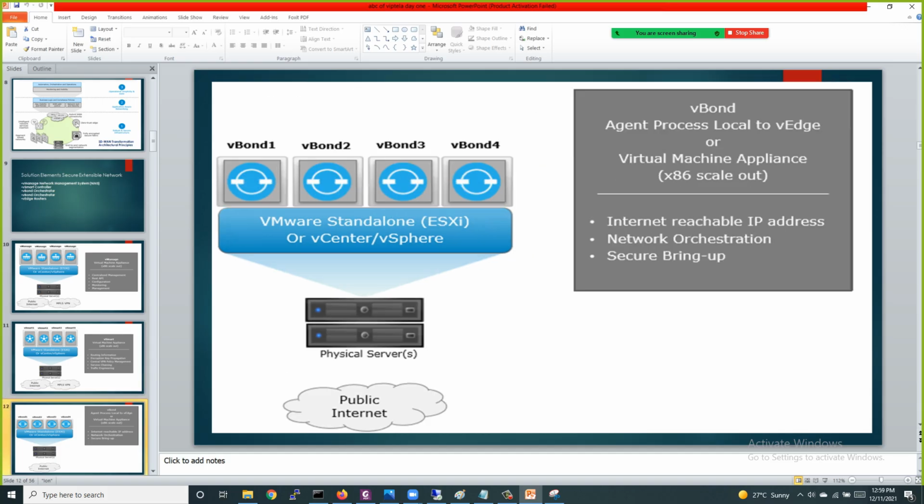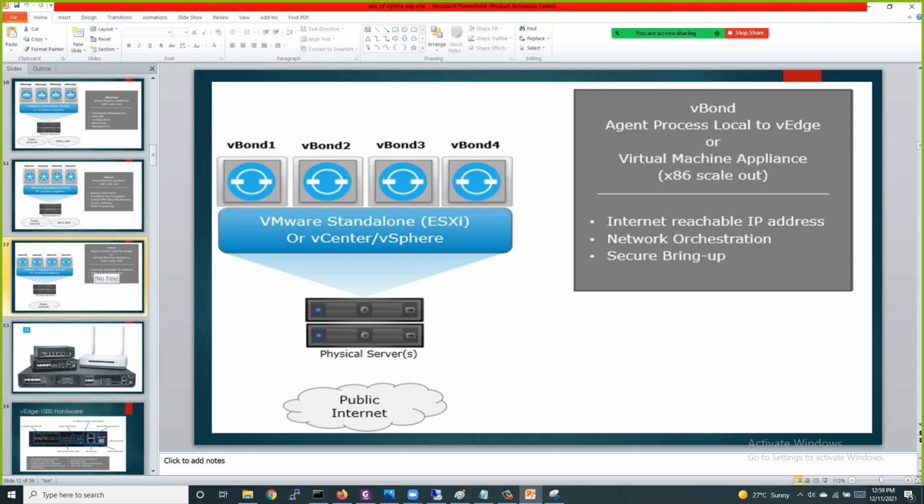After that we have vBond. It is used to provide us the secure bring up process, right? So any appliance which needs to be added to the SD-WAN fabric needs to authenticate itself to vBond, right? And in the end,